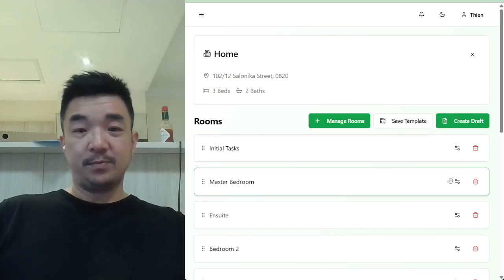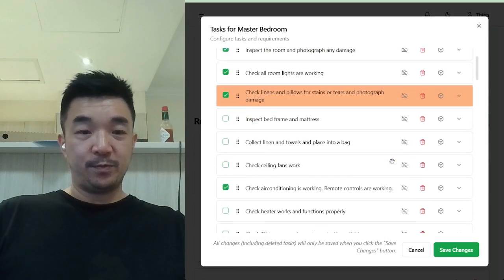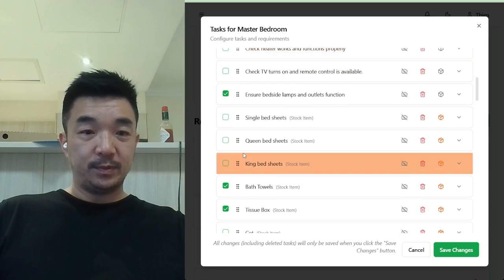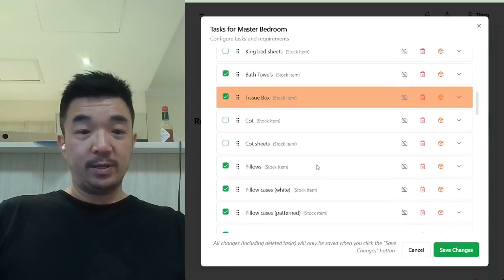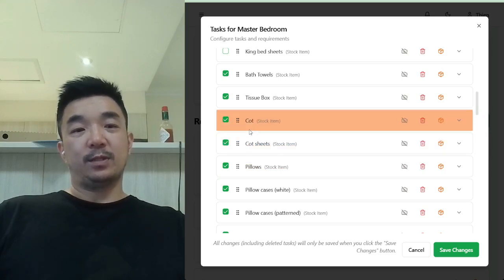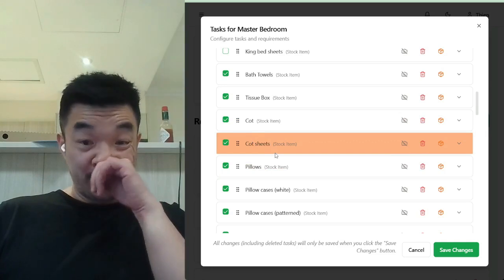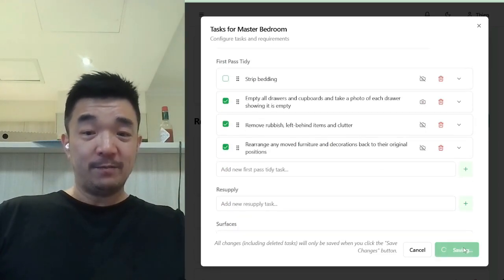So let's say, for example, I've got another checklist that I'm going to save. I'm going to click on the master bedroom. And in this case, this one has a queen bed. So we'll select the queen bed. But in this case, we want the cleaner to set up a cot and the cot sheets. So we want to add those tasks into that checklist. And so if I save changes here,